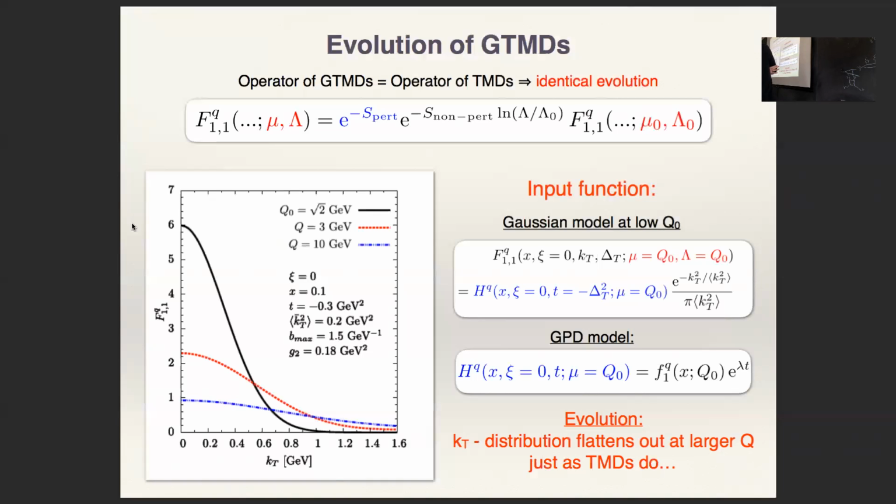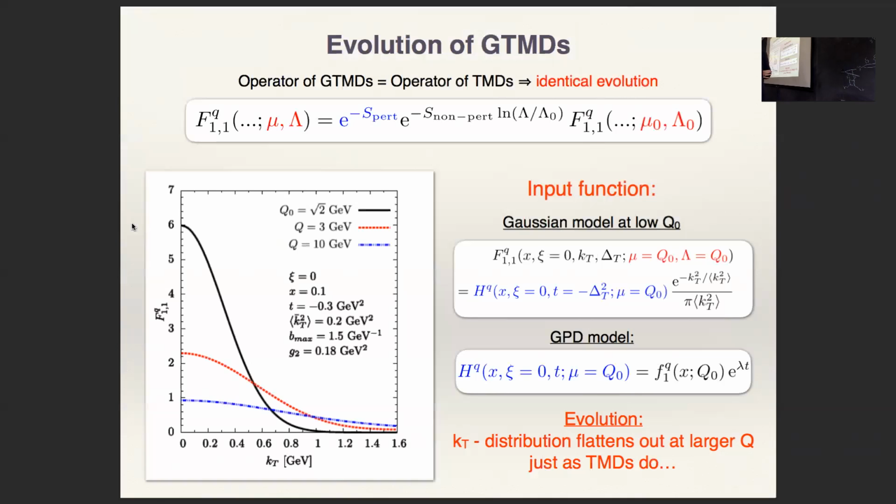So the GTMD at an initial scale, mu0 and lambda 0, and this is all in BT space, in coordinate space, by the way. And you just have the perturbative Sudakov factor, non-perturbative Sudakov factor, and we take the same input that was known for the quark TMD. Then in order to illustrate how this works, we just did the same thing as people do